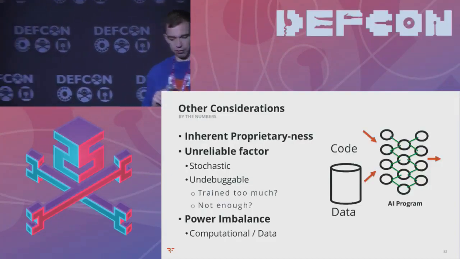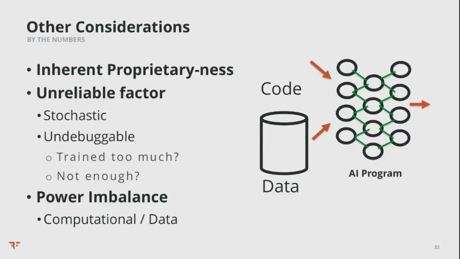So some other considerations here about neural networks and AI and hacking in general. Neural networks have this kind of inherent proprietariness to them in that there's no really good way to debug them or to know what they're doing, even in principle. Your code, your logic, the thing that determines what your program is doing is a shape. It's a literal geometric shape, not figuratively. It's a function that has a shape. And so if you ask, hey, why did my machine learning car just run over a dog? The answer is, fuck you, that's why. It did it because that's what it did. There's no good reason for it. It just followed the shape that it thought it was supposed to follow.